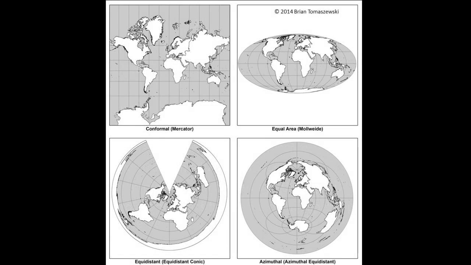Here we see some map projection examples. In these figures, the general projection class is listed with the name of the specific projection shown in parentheses. The conformal map projection, which preserves shape and angle and is shown on the top left, clearly illustrates how shapes are preserved, but size and area is greatly distorted, as seen in the size and area of Greenland and Antarctica